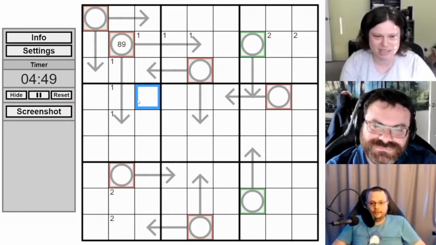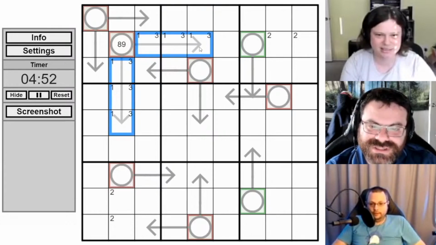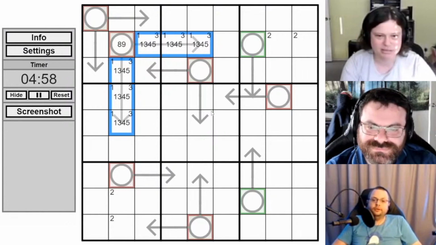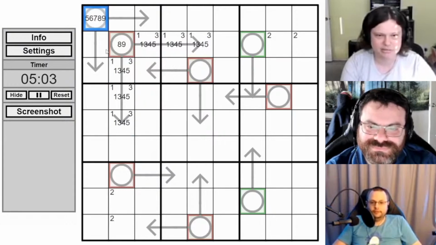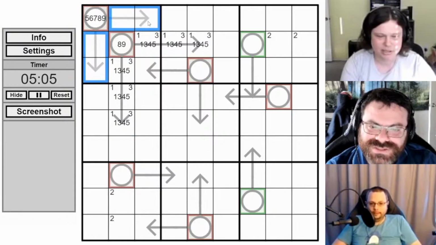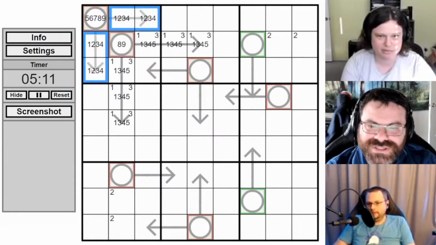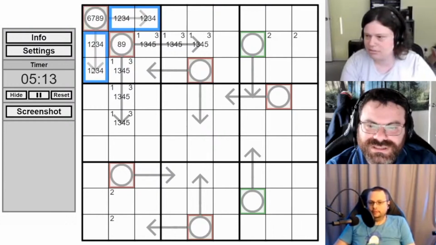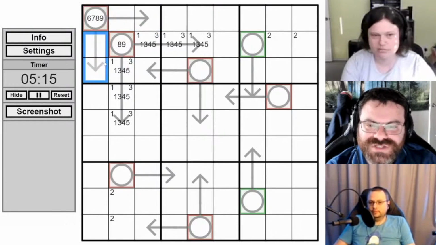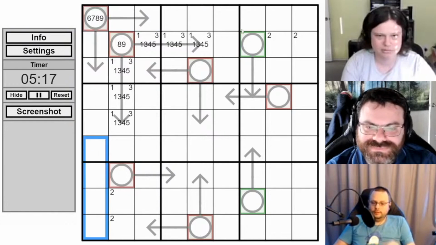Right, so it has to have a 3 on it. So they all have 3s on them. So I would say it's 1, 3, 4, 5 on the arrows. That's a good point. And I think the other circle we know is at least 5 by regular arrow stuff. And then if we did 1, 2, 3, 4, we would have double 5 there. So it can't be a 4 or 5, that breaks 5 for sure. By the way, this prevents 1 from being on it.